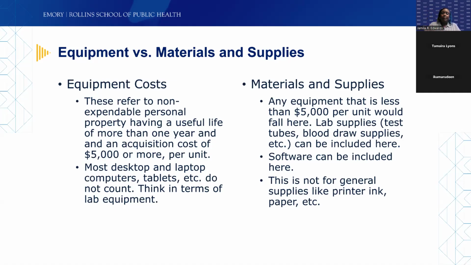So material and supply costs are more of those items that are going to be, I don't want to say disposable, but things that are one use, and then we're kind of done. It can be things like software. It can be laptops, tablets,